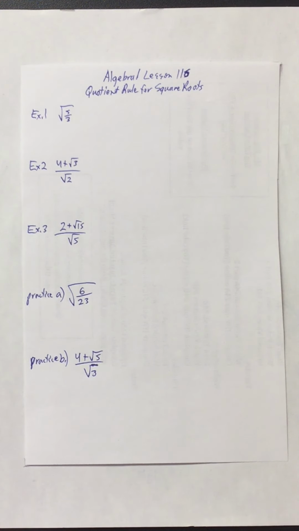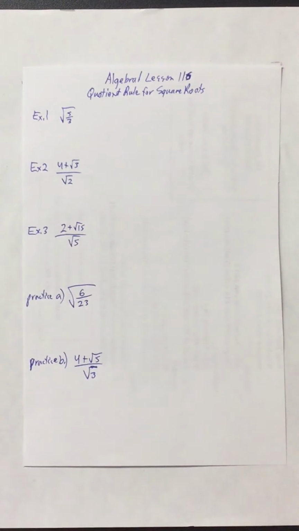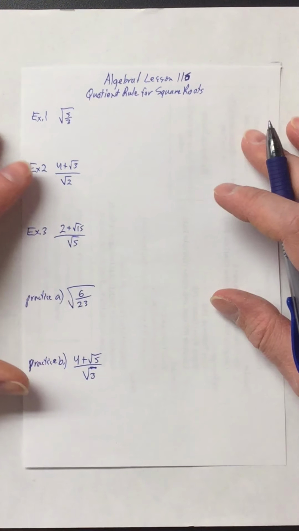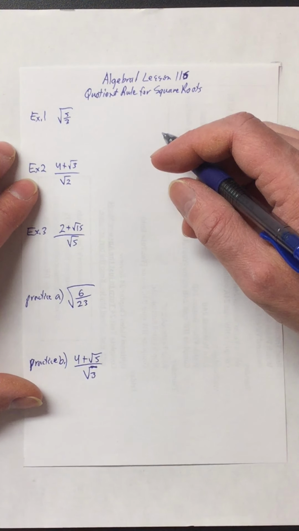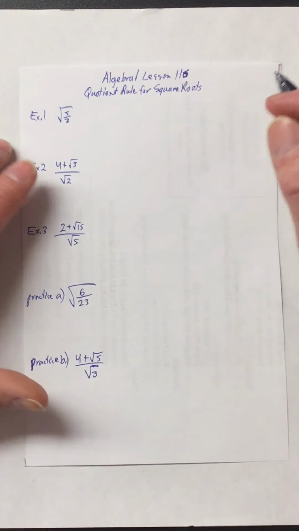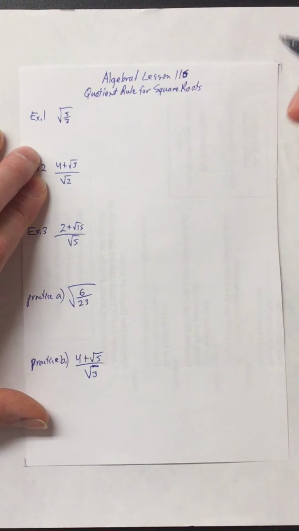And in this lesson, we look at how to simplify when we have a fraction inside of a square root, or if we have a square root inside the denominator. You might ask, well, what's wrong with that? Well, according to kosher algebra rules, we don't leave square roots in the denominator. It's not in its simplest form. I guess it's not the proper way decided upon. So the question is, how do we get the square root out of the denominator, or how do we simplify these? Let's take a look at example 1 here, and our instructions are to write this in its simplified